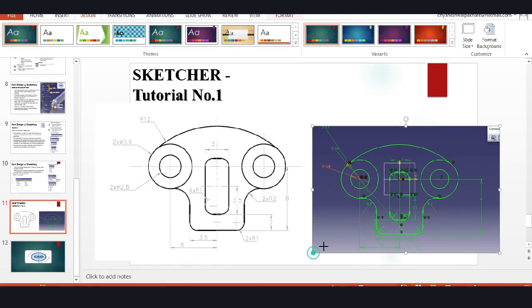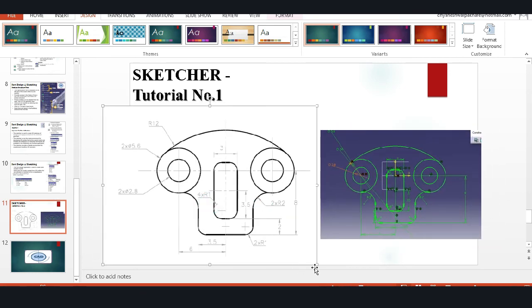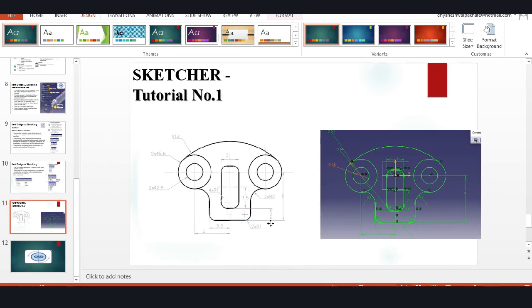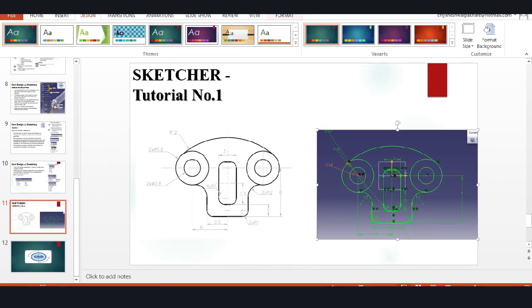So here you can see we converted the tutorial into CATIA. This is the first tutorial for this Sketcher.